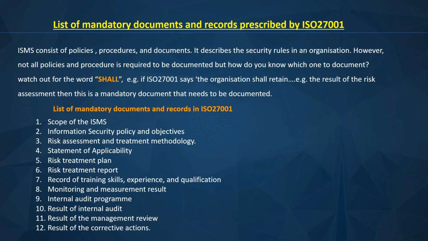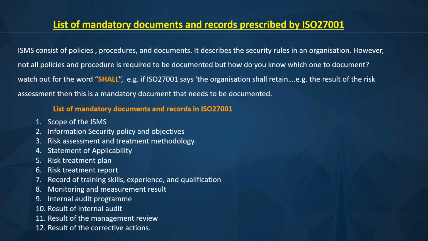Internal audit program. In a large organization, there's always a program. The internal auditors, they work all year round. So they will have a program to say, okay, by month 4 we are going to audit the HR and the sales. By month 6 we are going to audit the legal and this. So they will have a program for their auditing. So the assessor would like to see that program.